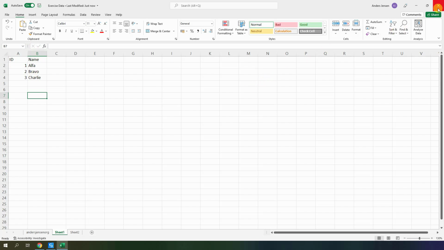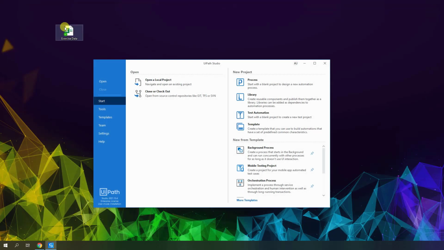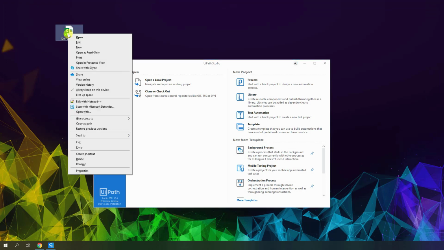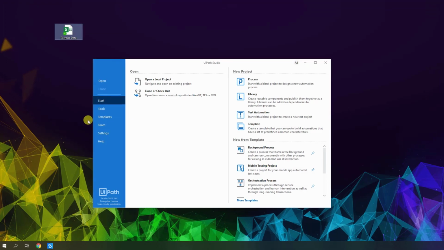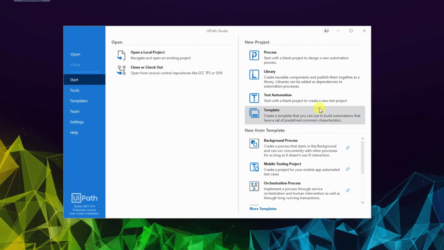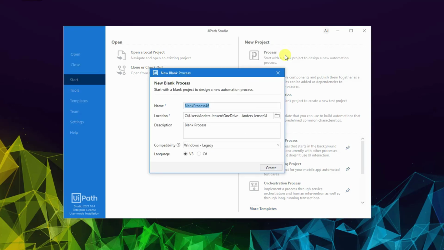Now we can close the Excel sheet, but it's still present at our desktop. And because we will use it in UiPath, let's shift right click here, copy as path. Then we will use it in our automation in UiPath. So let's start up a new process. So just click process here. We can call it something. I will call mine